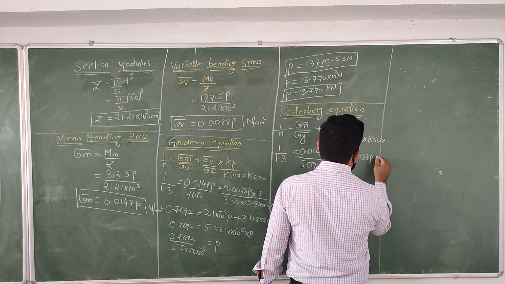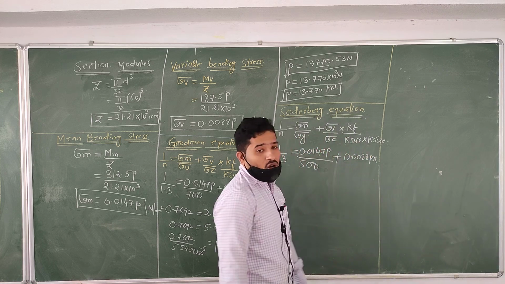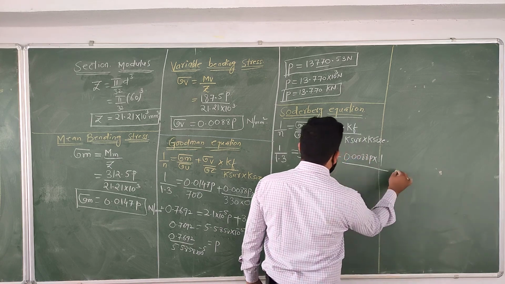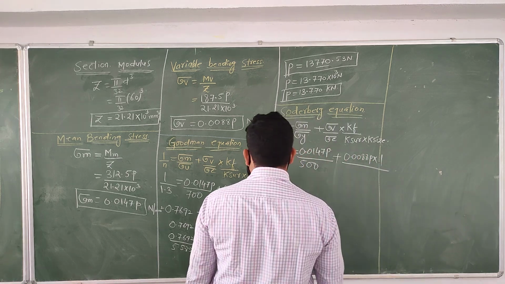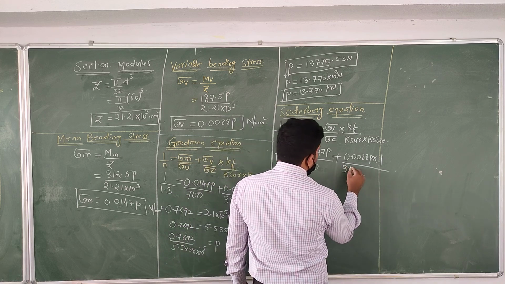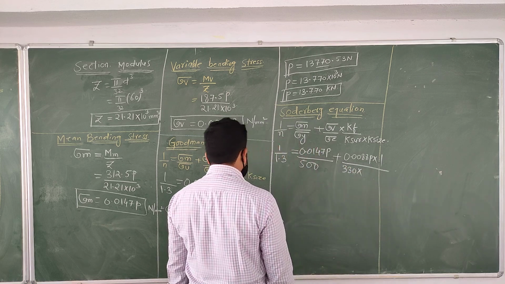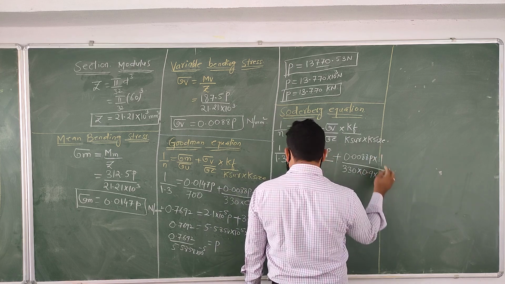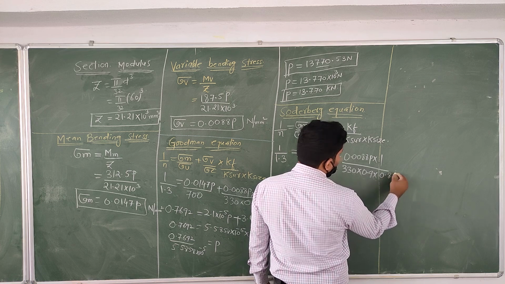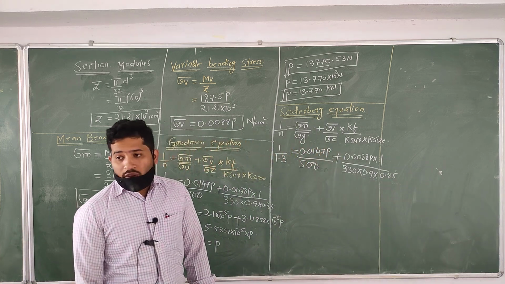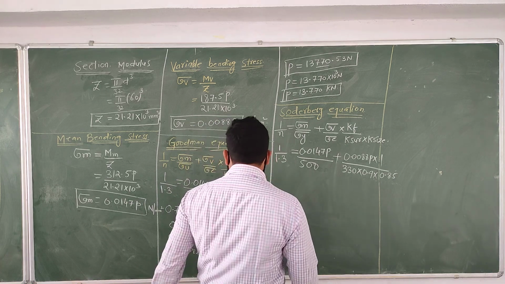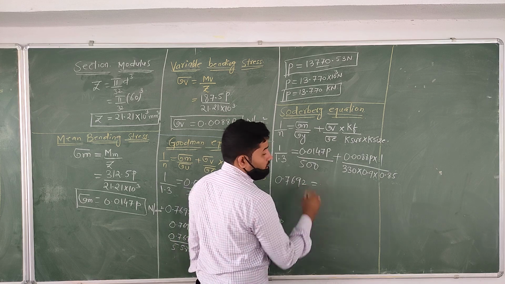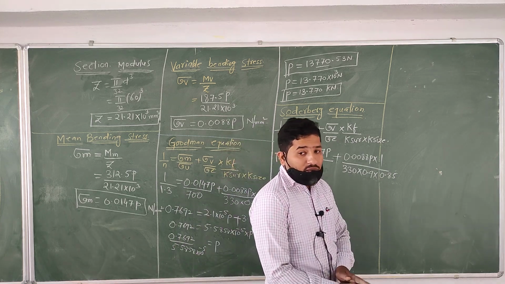0.0088 P into Kf. Kf is not given here. If it is not given, you need to consider the value as 1, by sigma E. Sigma E, how much you got it here? 330. Is it right? 330. K surface finishing factor, we got the value 0.9. And the K size factor, we got the value 0.85. Okay dear. So if you calculate 1 by 1.3, then you will get the value of 0.7692.